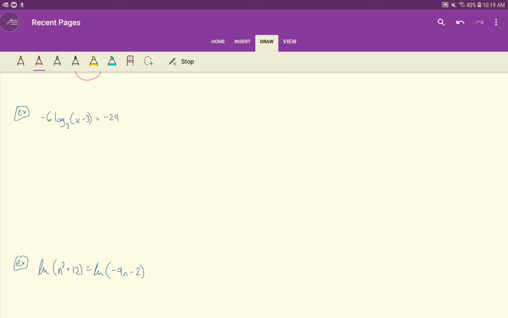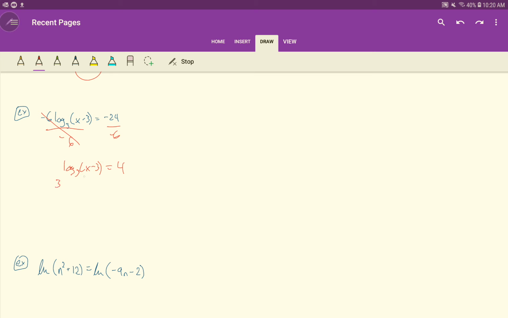All right, next example. Here we have a logarithm, but the logarithm is not isolated. We have this negative 6 we must deal with. So we'll divide both sides by negative 6. And we get log base 3 of x minus 3 equals negative 24 divided by negative 6 is 4. Now, we've isolated the logarithm, right? That x minus 3 is inside the log, so we can't do anything with that just yet, but we can